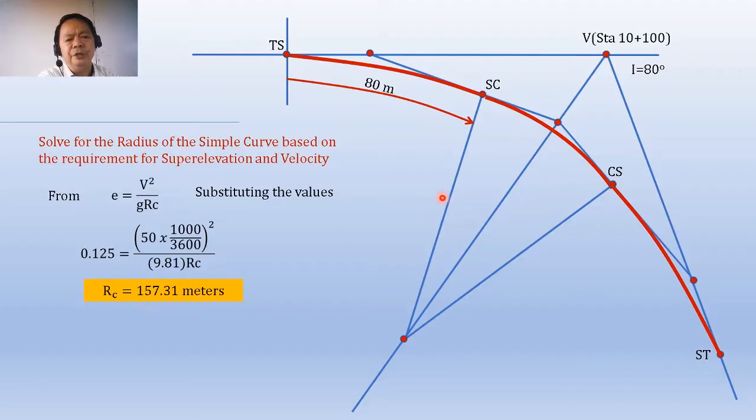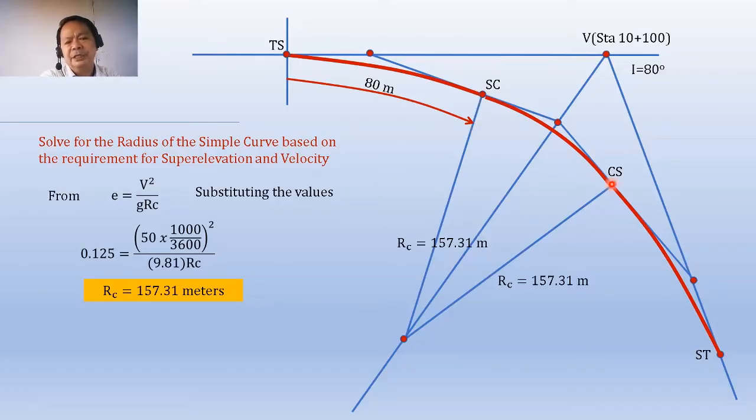Alin yun? Ito ngayon yung tinatawag nating R sub C. Yun yung length itong curvature nito mula sa SC hanggang sa center nito. So ito rin yung R sub C natin. Okay, that is 157.31. Now, after you have computed for R sub C, makakompute natin yung degree of the curvature of the